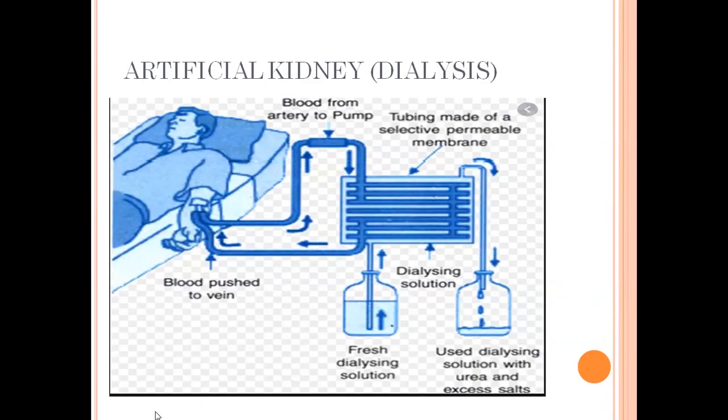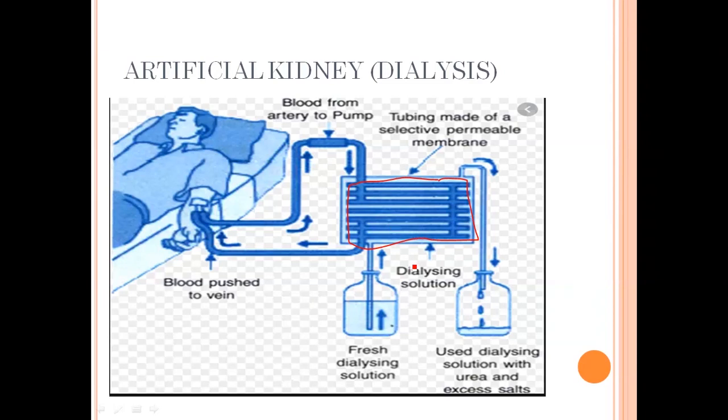In case of renal failure, when kidneys stop functioning, there is one of the processes adopted to treat the patients. This is called dialysis, or we call it hemodialysis or artificial kidney. Each artificial kidney comprises a system of tubes which are made up of cellulose and are selectively permeable. These tubes are fitted into a tank-like structure, that is the dialyzing chamber. This dialyzing chamber comprises selectively permeable tubes made up of cellulose, and it also possesses